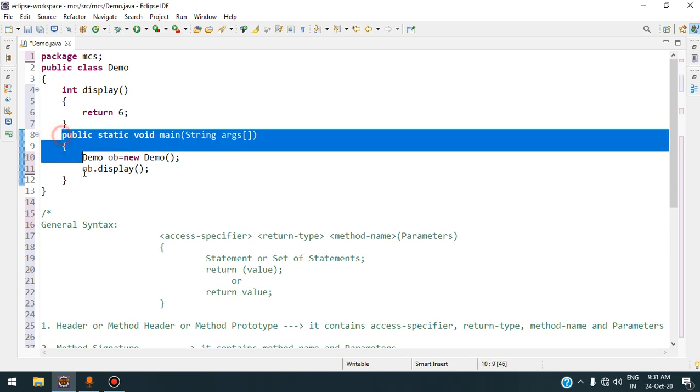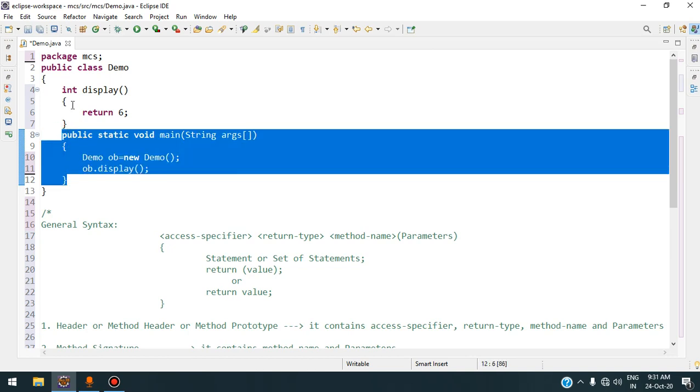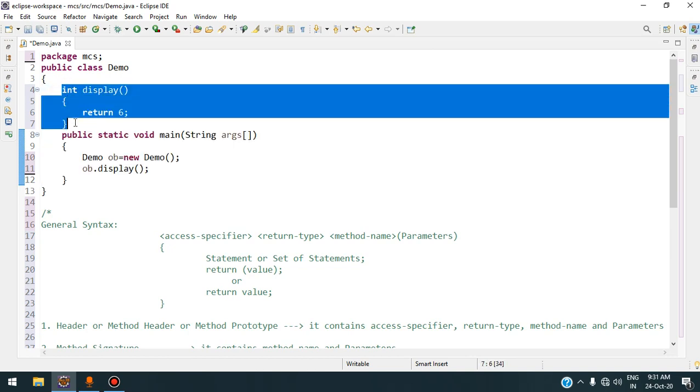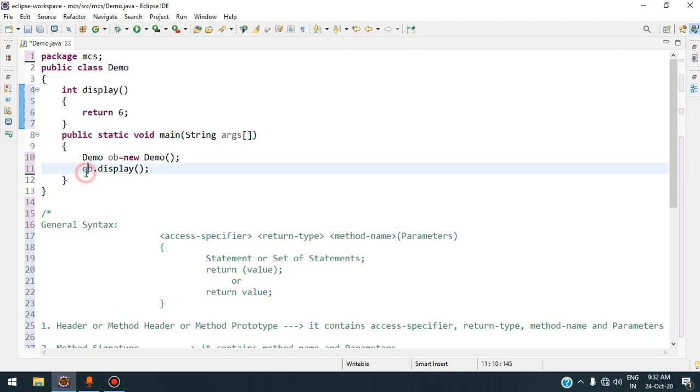The main method is the caller method that is calling the method display. The value will be returned here. If a method is returning a value, we have to keep that returned result somewhere. Since it is returning 6, an integer value, I can use an integer variable int a